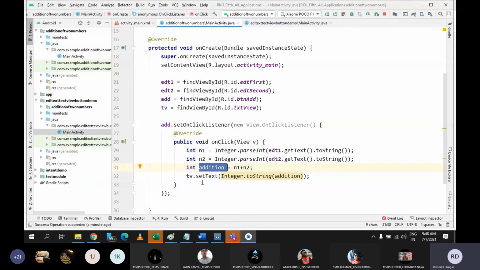So you need to recall the concept. Do we have any concept using which we can convert the integer value into the string values? The answer is yes. We have the concept of wrapper class, because Android is following the concept of Java only. So in Java, we have the concept of wrapper class. What wrapper class says is you can convert the value of any data type into any other data type.